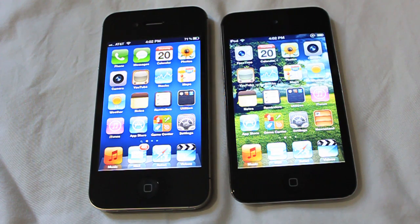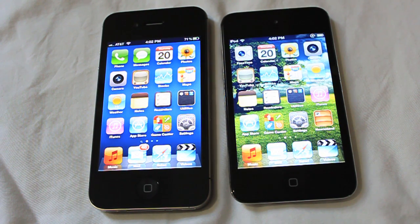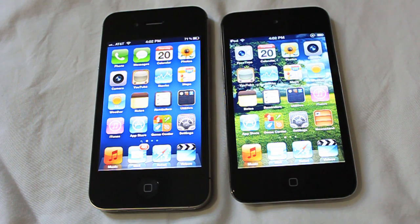Today I'm bringing you guys a quick speed test of the iPhone 4S and the iPod Touch 4G. The reason why I'm bringing you this test is because the iPod Touch 4G is the exact same thing as the new iPod Touch 5th generation. The only difference is that the new iPod Touch 5th generation comes in white. All of the specs are exactly the same. Normally I would not compare a newer model to an older model, but basically count the guy on the right as the new iPod Touch. So you compare the speed differences between the two new touchscreen